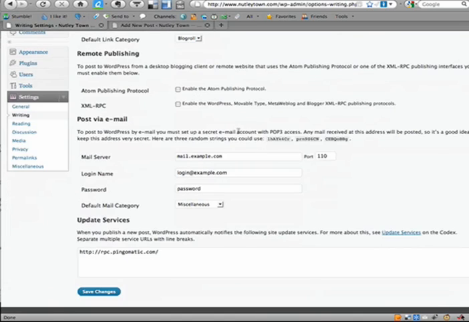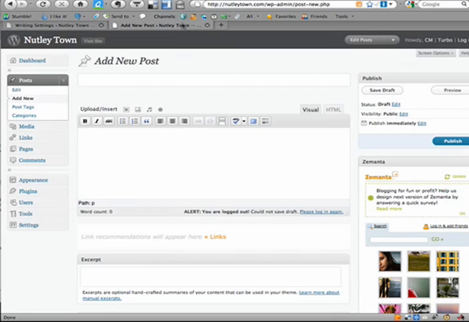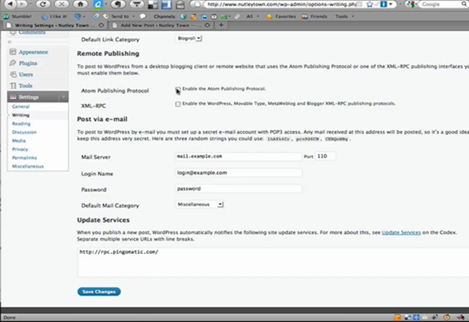Now, this is really important. Remote publishing. If you're going to use a tool like Windows Live Writer or some other blog publishing tool, instead of writing directly into the WordPress web interface, you're going to want to enable these two things. I strongly recommend it because the WordPress web interface for writing, it's not my favorite thing. Some of the desktop blogging tools are really, really good for Windows, Mac, or Linux, so I would highly recommend